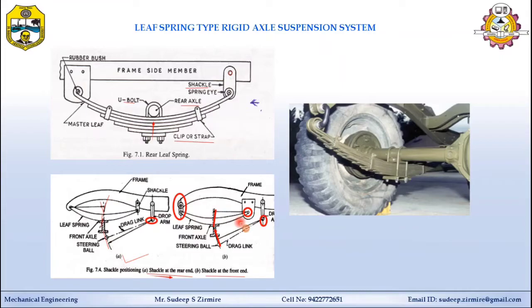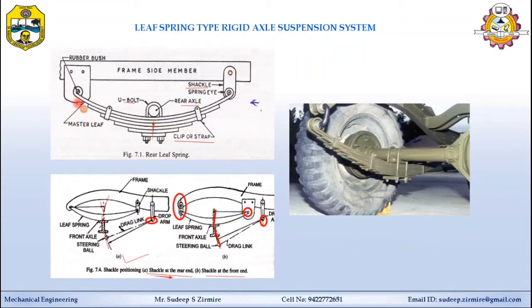Second one, about the spring eyes: for heavy vehicles a bush is used. A bush is inserted here in between these eyes. After wearing we can replace it, and this bush is made of phosphorus bronze material. But for light vehicles like cars, the use of a rubber bush is common. For that purpose there is no need of lubrication in the case of the car. They also allow slight misalignment. So this is also one advantage with the rubber bush. It is generally used for light vehicles.